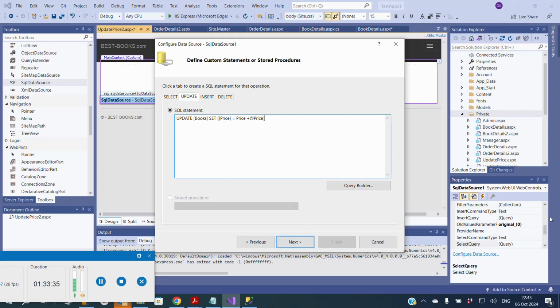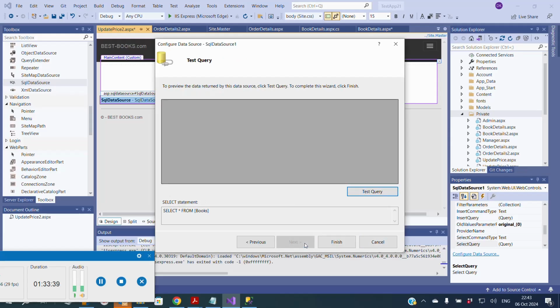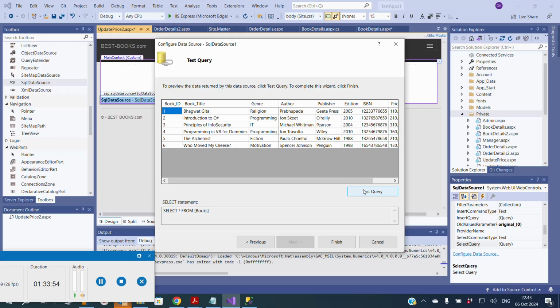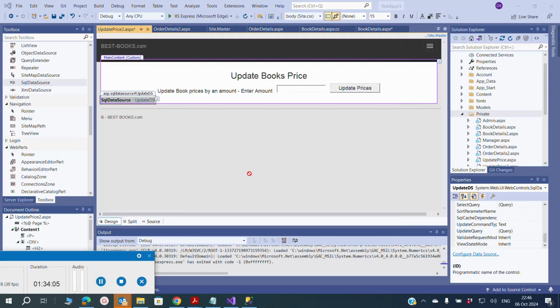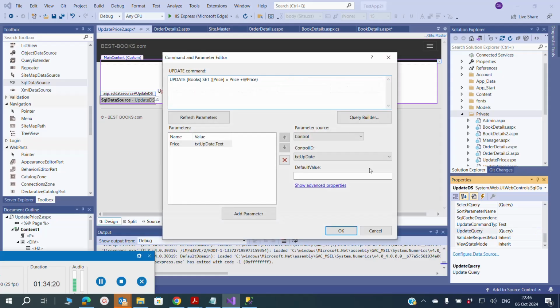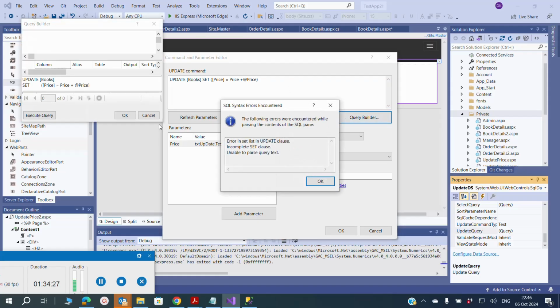We need to go to the update query. The query seems to be okay. That's the test query. Now we'll go back. So the first thing where exactly we are working is with this data source that we have, and we are working with the update query property of this data source. So the update query property of this data source, this is what we are setting up with the update command. We can use the query builder also